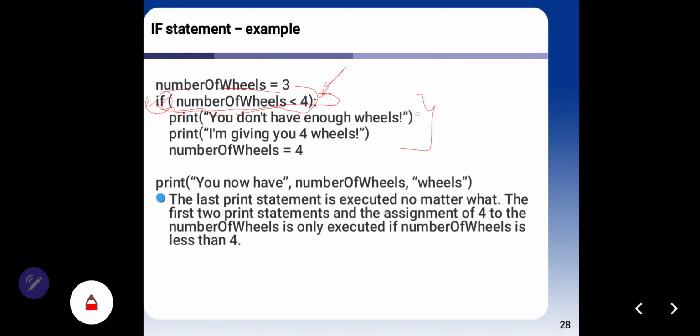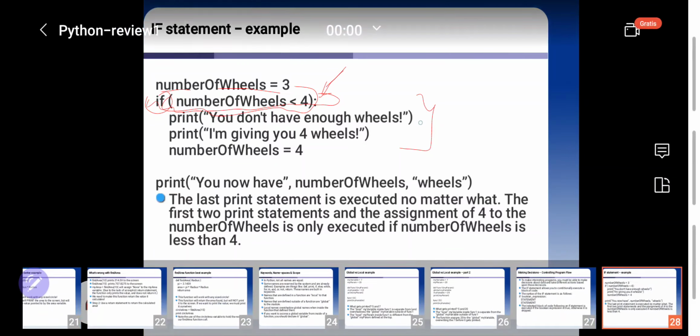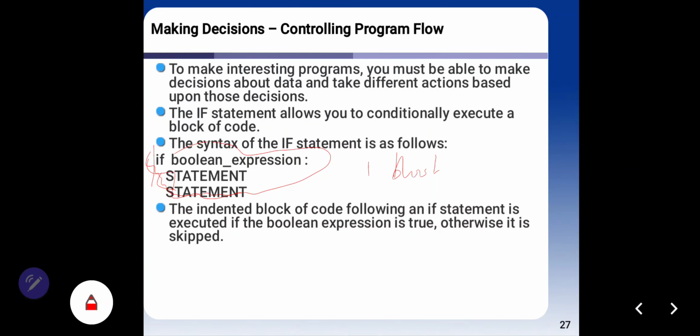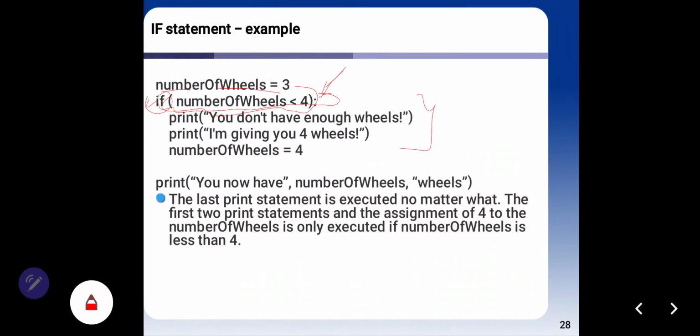You don't need to put a colon at the end of these lines. If you see in here, there's no colon at the end. Number of wheels equals 4. If you write code like this, then you can see this result.